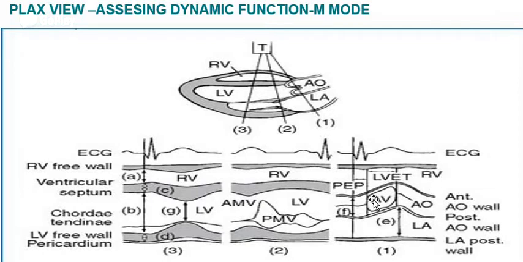One is through the aortic valve. We can see this is the opening of the aortic valve, this is the left atrium, this is the right ventricle. Or this is only the mitral valve, the anterior mitral leaflet and the posterior mitral leaflet, the left ventricular cavity, and this is the right ventricle. Similarly, this shows only the right ventricle and the left ventricle. So we'll go into the details.